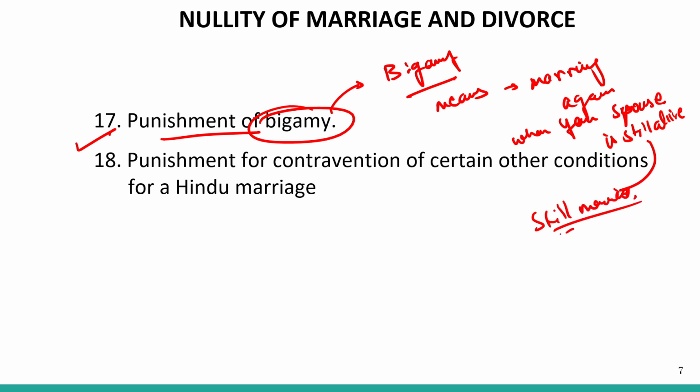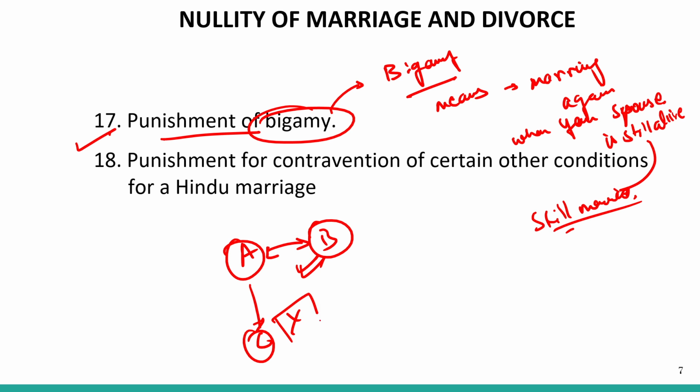So if somebody marries during their continuing marriage, so for example, there is a person A and B, and A and B have consummated a marriage, both are legally wedded, and A now decides to marry C when B is also present. So that is something which is not allowed according to the Hindu Marriage